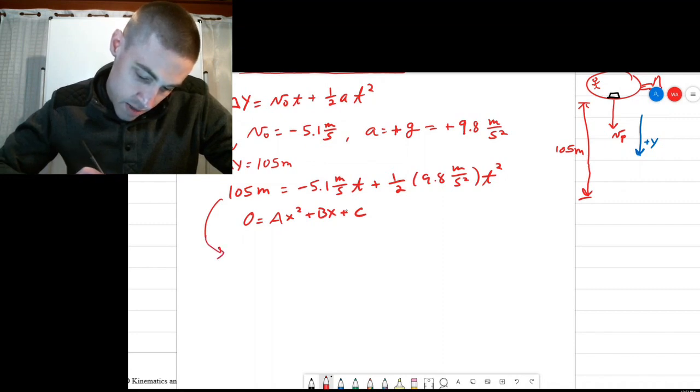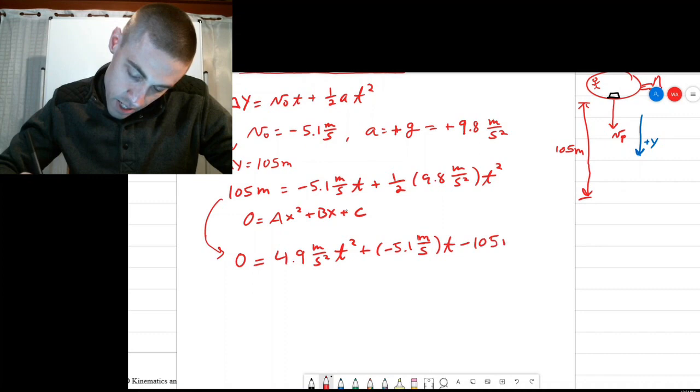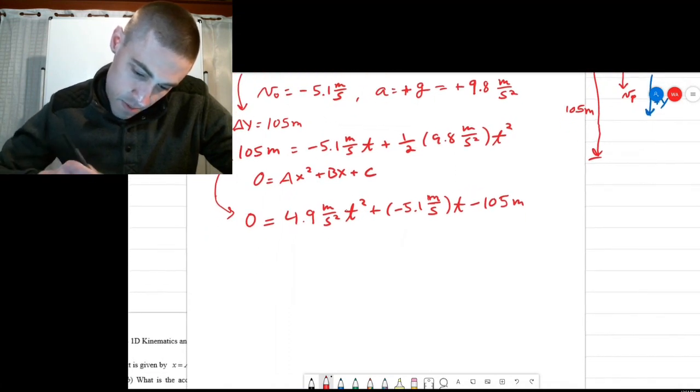I would have 0 is equal to 4.9 meters per second squared t squared plus a negative 5.1 meters per second times t minus 105 meters. All right, so I'm going to solve this thing for time. So t equals,